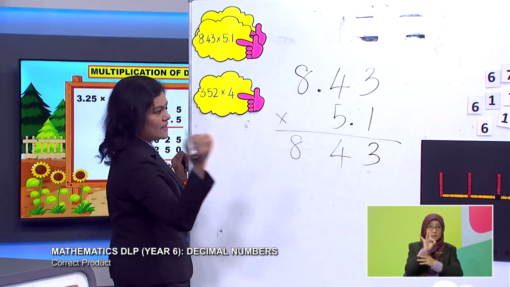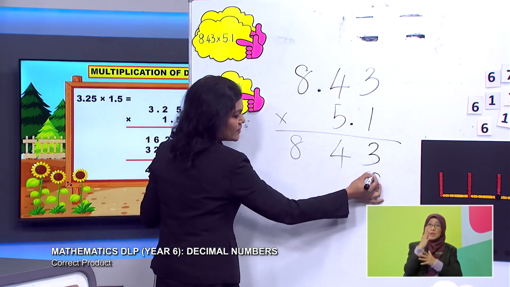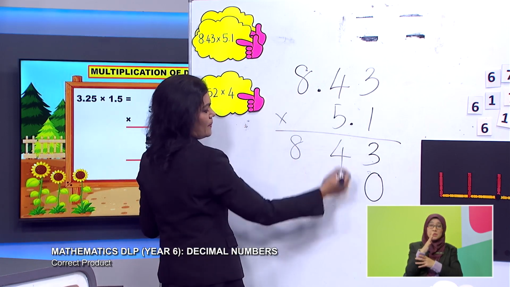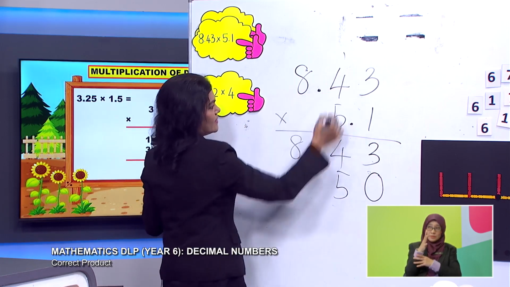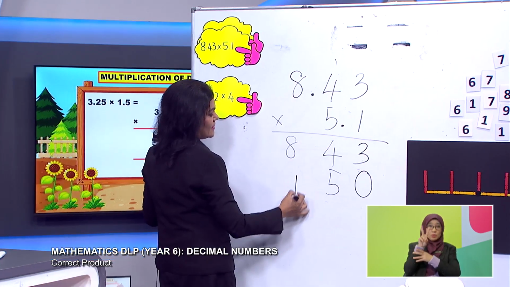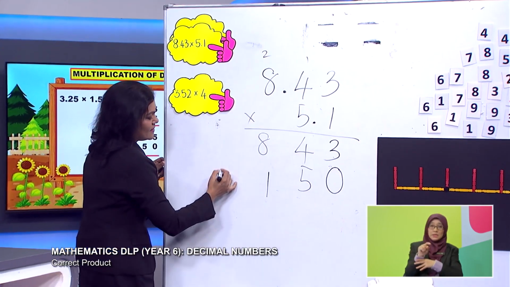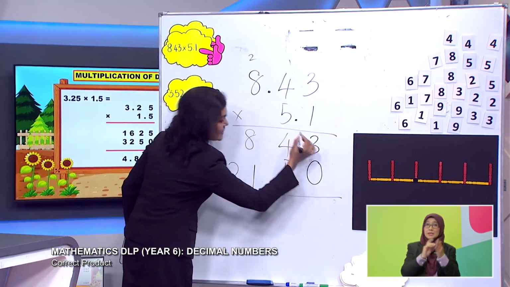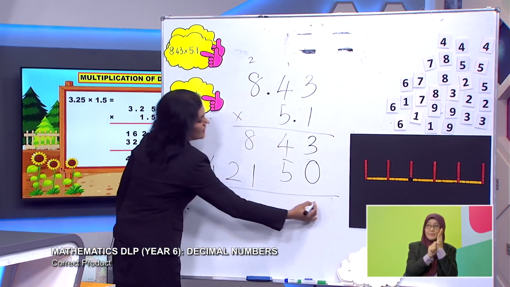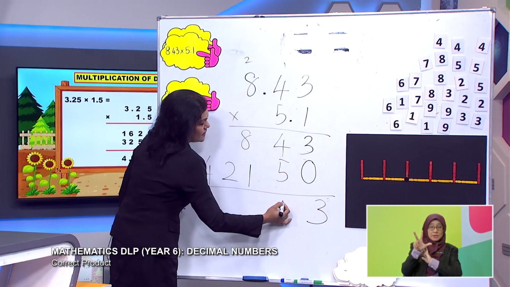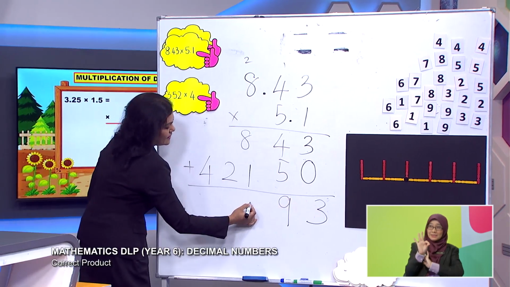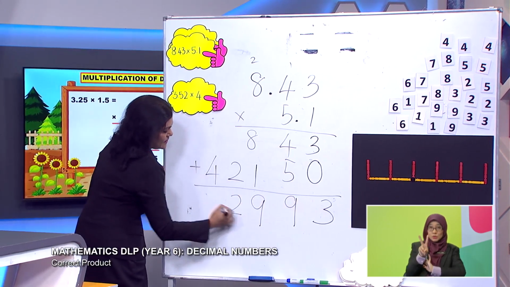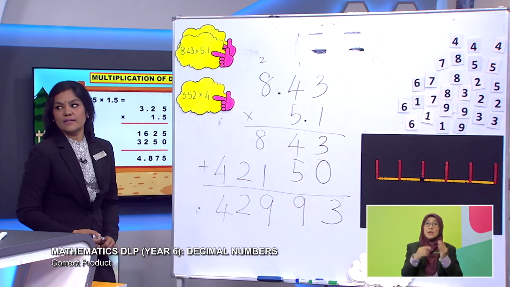Can you help me, Anif, here? 5 times 3 is 15. Here, for the safe side, we put 0. That is 15, carry 1. 5 times 4 is 20, plus 1, 21. 8 times 4 is 40, plus 2, 42. Nicely we write, and then we just add these 2 lines. 3, 9, 9, 9, 9, 2 and 4.